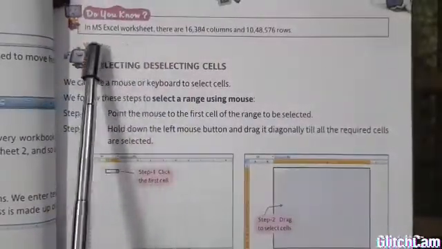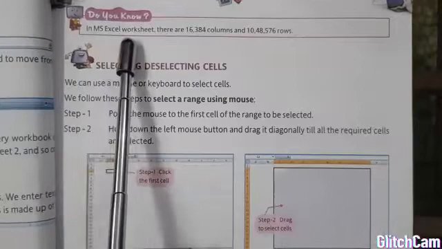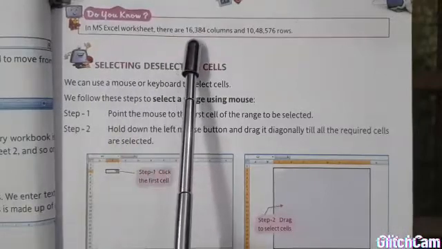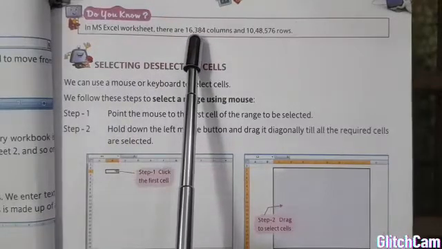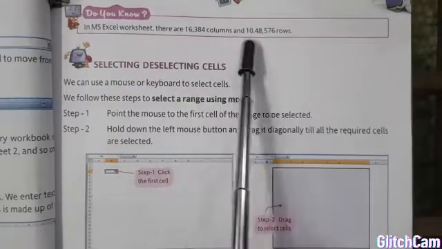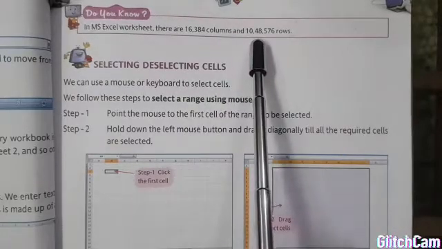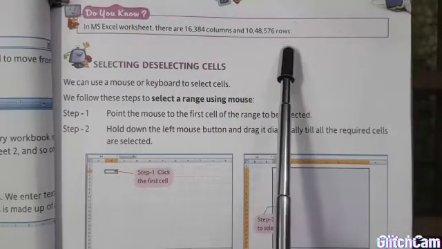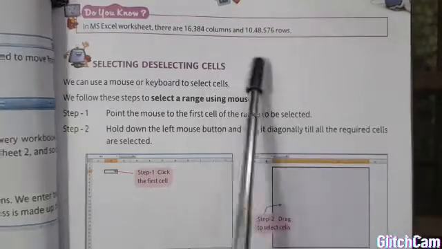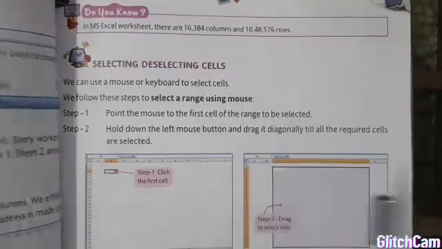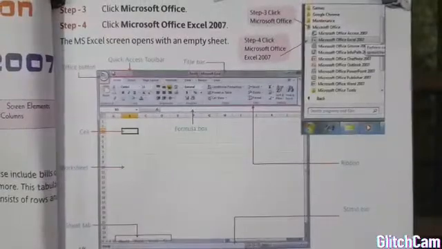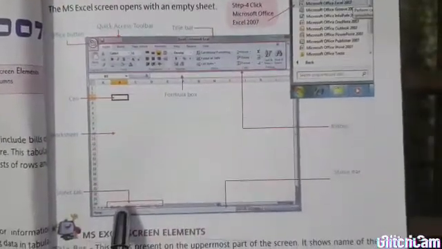Here it is given that in an MS Excel worksheet there are 16,384 columns and 10,48,576 rows, so many columns and rows are there in our worksheet, and by default there are 3 worksheets